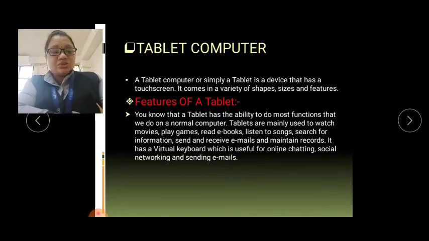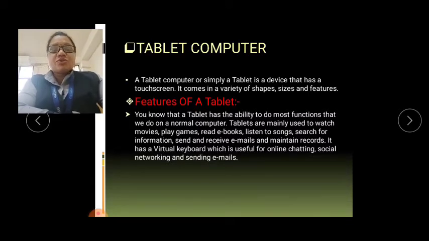Okay, you know that a tablet is smaller in size, like a book or notebook shape, so you can easily carry it with you in your bag. Okay, now can you carry a computer? No, because it is heavier, because there are 3-4 parts: mouse, keyboard, monitor, CPU, so we cannot carry it along with us every time. हम अपने साथ every time में उसको carry नहीं कर सकते. That's why a tablet is used as a computer.